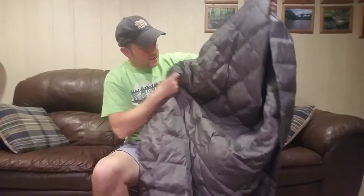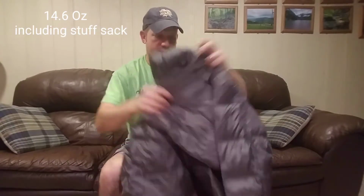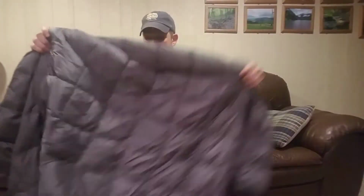So let me open up that quilt and let's take a look at it. Let's take a look at this quilt. And for those wanting to know the weight, I will post it right there. Actually, it's not too shabby. It is downproof material, but I will say, compared to my Enlightened Equipment quilts, it does shed a little